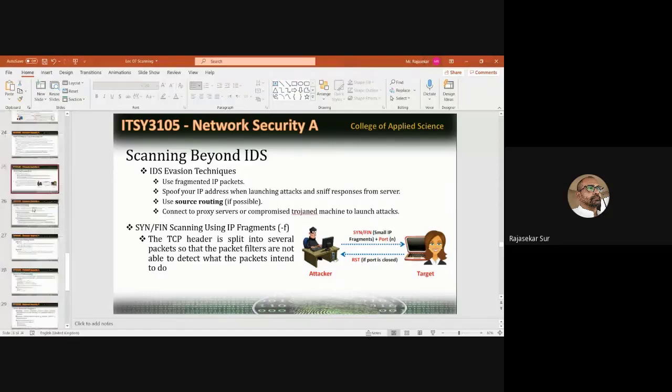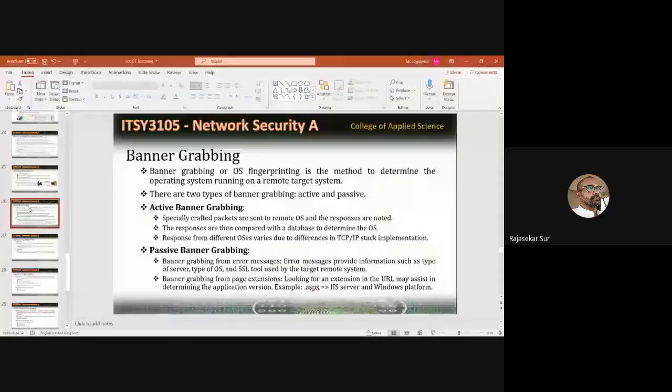There. So up to this, the active scanning methods are finished. We are completing the active scanning methods. That means by using TCP and UDP, what type of scanning you can do, we are completing this. Now, the next concept is